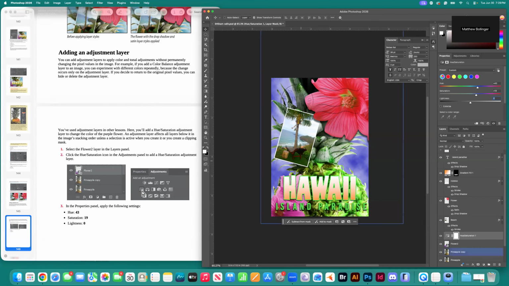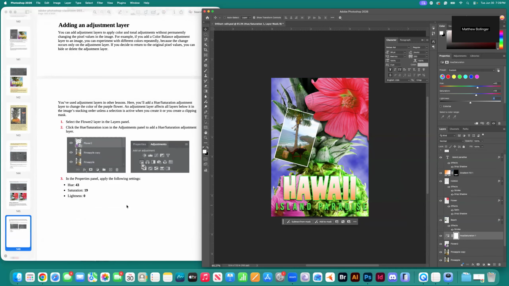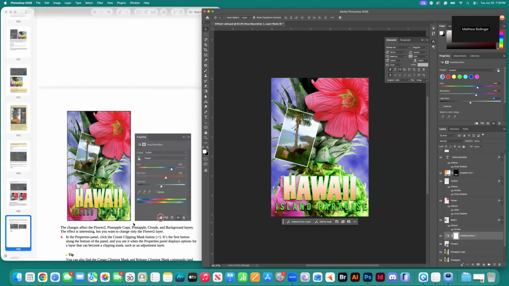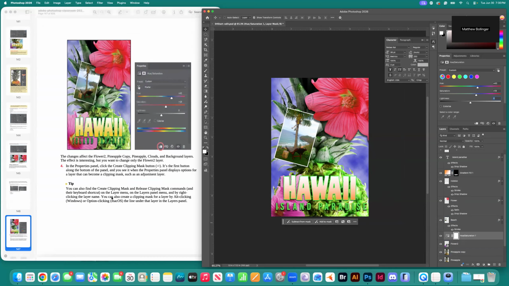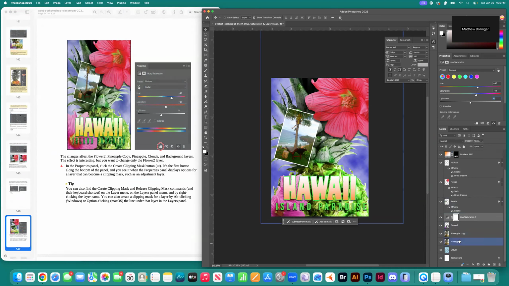And the issue is it kind of changed a lot of different things that are going on here, right? So that isn't quite what we wanted to happen, because instead of targeting just the flower 2, it's talking to everything. And so I have a feeling it's going to advise us on what to do next, okay? Here it's saying the changes affect the flower 2, pineapple copy, pineapple clouds, basically everything that is below, okay? And all the layers that are below it's affecting. In the Properties panel, click the Create Clipping Mask button, which is right here, okay? Click it, and so now